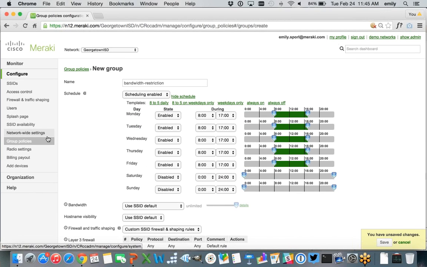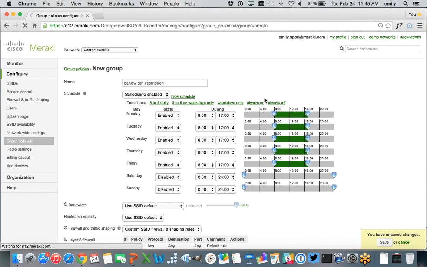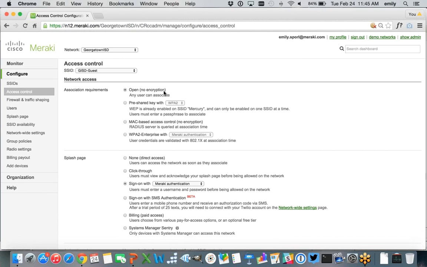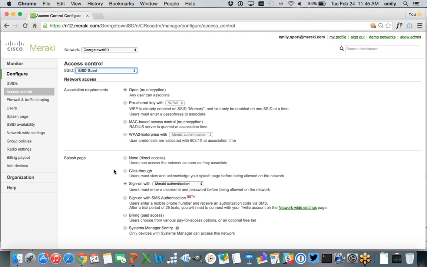And I just want to highlight one other thing before we maybe move on to switching, is just to show you how easy it is to set up like guest Wi-Fi or SSIDs. So all of our access points support up to 15 unique SSIDs. You go in, you define them, and then you come into this access control page. And with the access control page, what you're going to do is you're going to select an SSID that you've defined. So maybe we can pick guest, and this is where you're going to come in and set up your association requirements, your authentication requirements. Of course, you can have an open network, or you can lock it down with either a pre-shared key or some sort of authentication that has to happen.